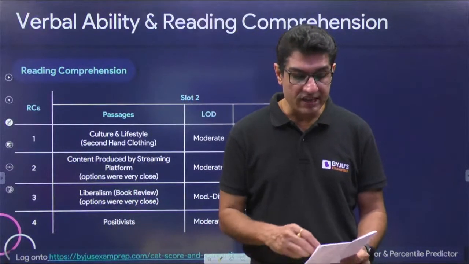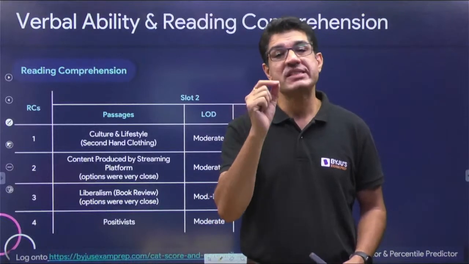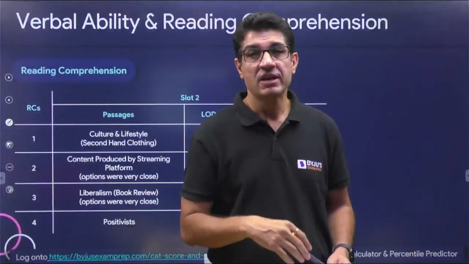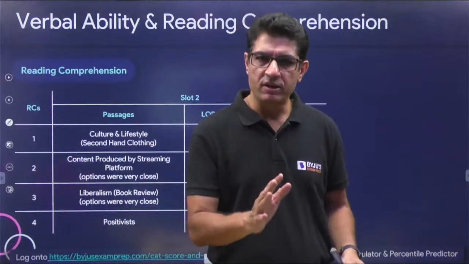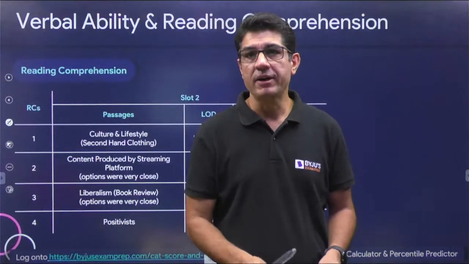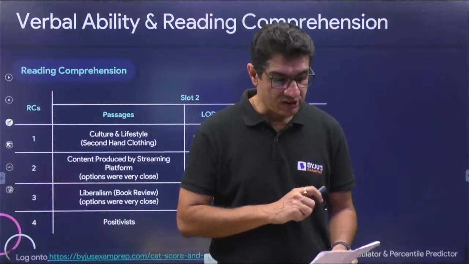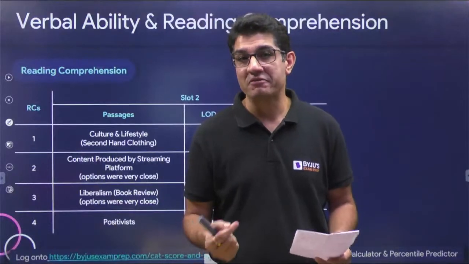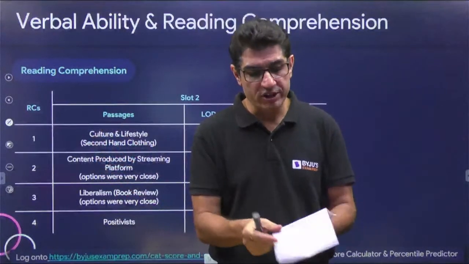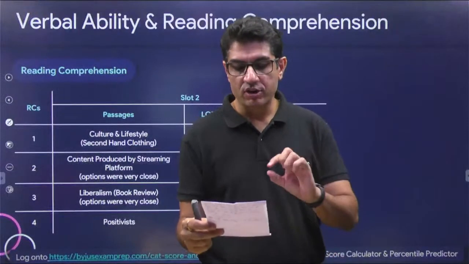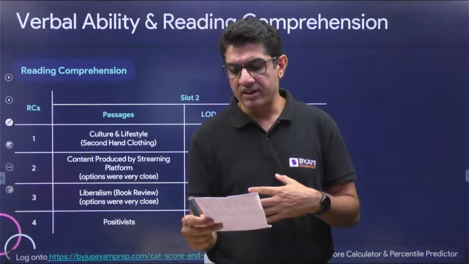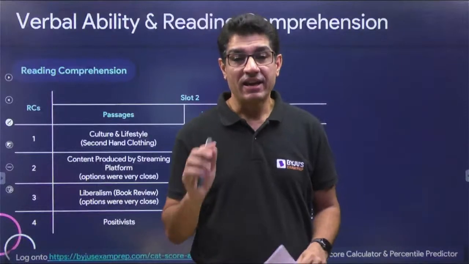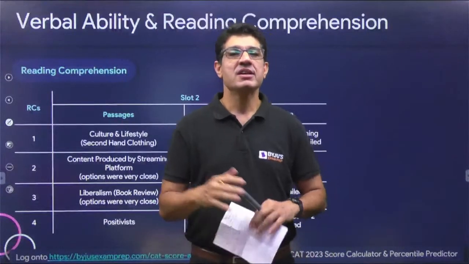So this was an inference-based question. And because that shift happened in the last paragraph, and the last paragraph is something that usually remains fresh in the memory, I'd say this is more of a moderate question and should have been answered by a lot of people. Then we had this question which asked which of the following weakens the conclusion given in the final paragraph. So the conclusion was it will act as a unifying force. So there was a particular answer choice that talked about wide variance in the popularity and viewing of Netflix shows, something along these lines. One of the central theses was, how do you unify?